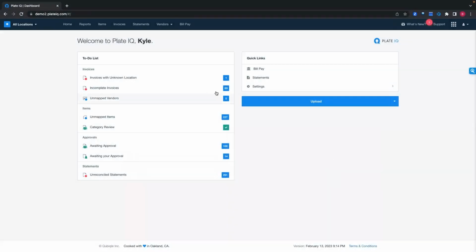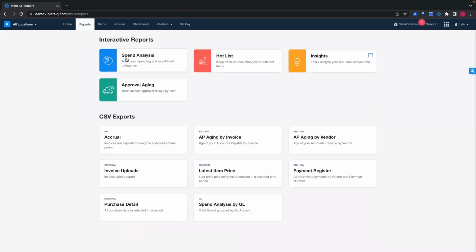In addition, Plate IQ offers various reporting tools, such as a spend analysis, which will be a full breakdown of what you spent, either on a per location basis, or across all locations. I can filter this over a specific date range. I'll also receive a hot list, which is going to notify me of increased and decreased cost of goods,